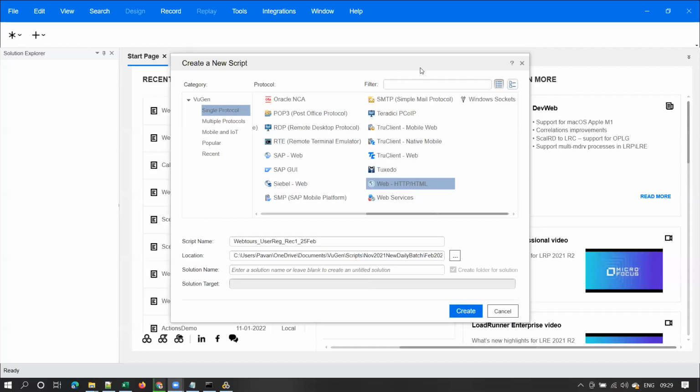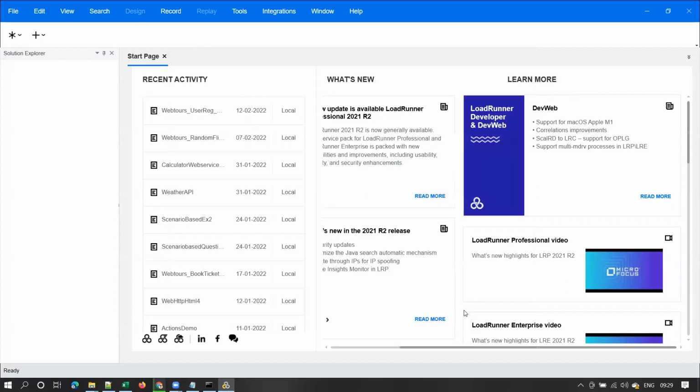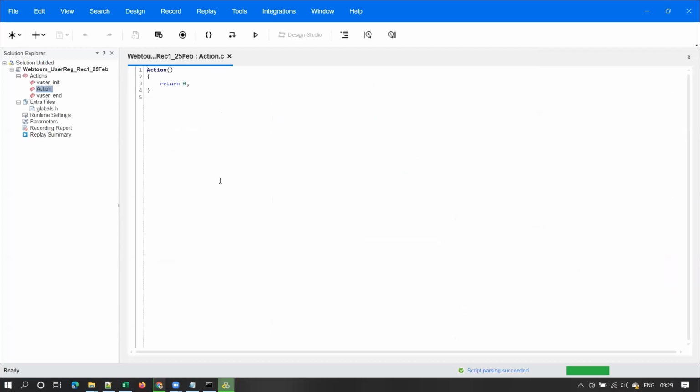Yeah. Now tell me the steps, guys. Just now I explained how to record a script, right? What is the next step? Click on Create, give some name to the script and click on create. Solution name also you need to provide. I didn't give that solution name. Sorry, I didn't observe that. Fine, that's fine. So script name is important. This is mandatory. Solution name you can ignore it. That is optional.